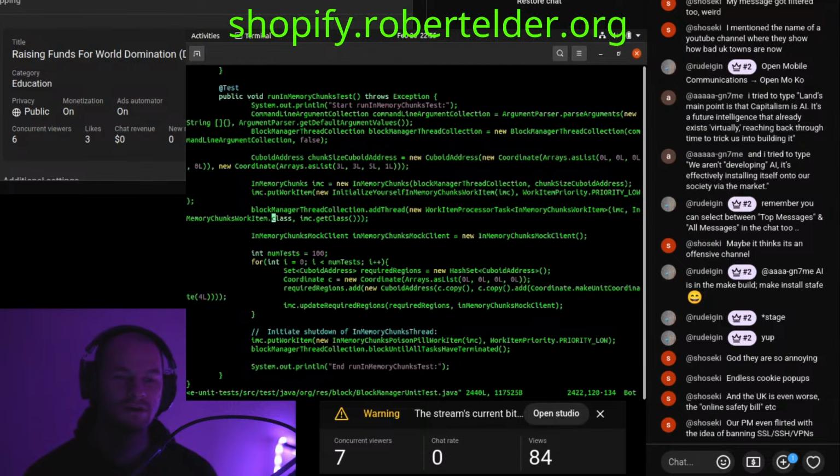The PM even flirted with the idea of banning SSH, VPNs. The thing is, if they become too draconian, it's going to get bad. I think a lot of the people pushing for this stuff don't realize how important it is, this stuff is related to real economic activity. There's valid reasons to have SSH. How do you connect to your cloud server?